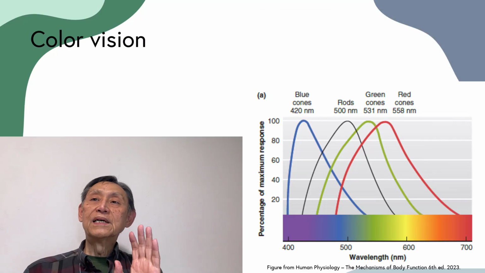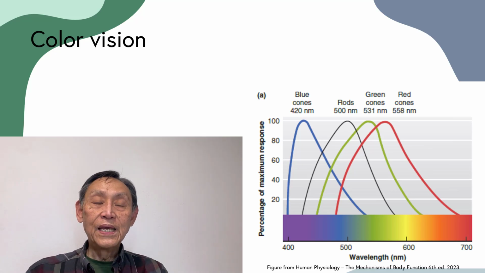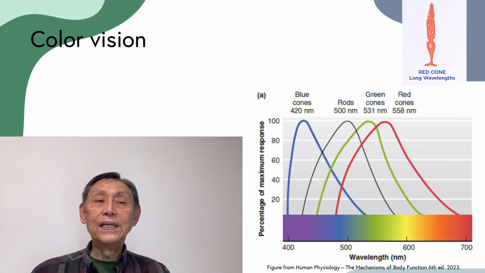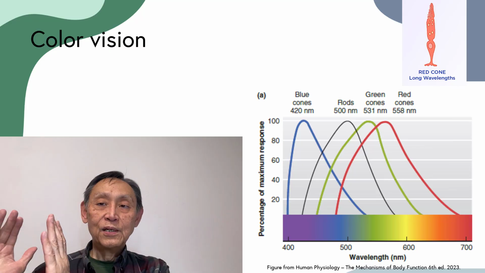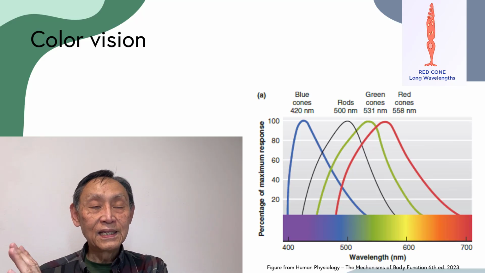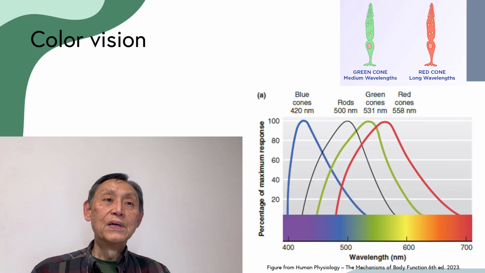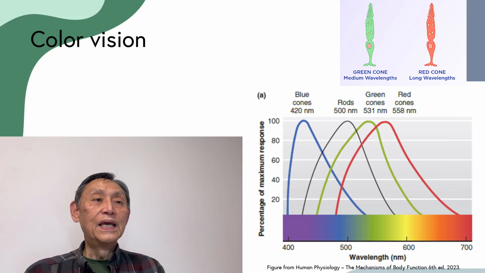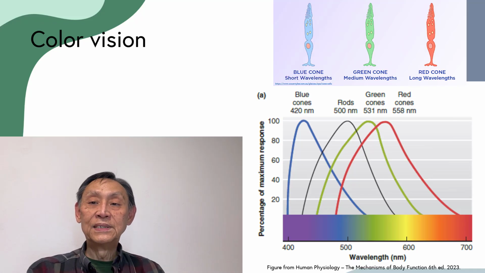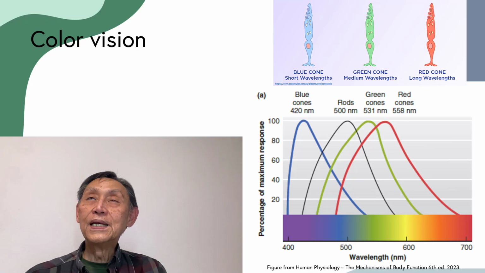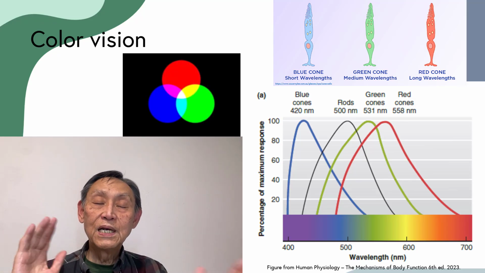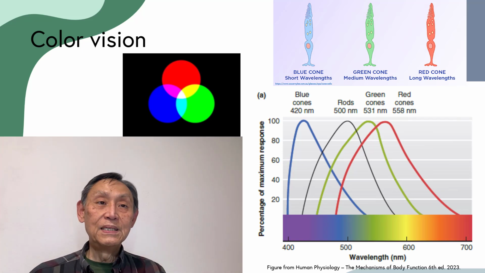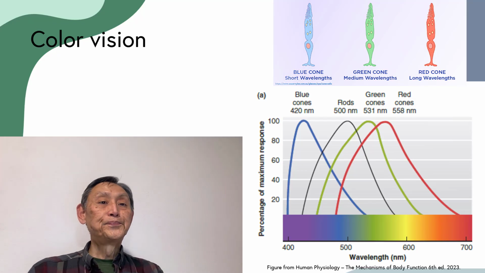And then the cone cells. There are three kinds of cone cells, and they all have their own sensitive region of wavelength. One is the red cone cells. They are sensitive to longer wavelengths, so they sense the color red. Then we have green cone cells, sensitive to the middle region of the wavelengths. And then we have blue cone cells, sensitive to shorter wavelengths. So in combination, with different cone cells being stimulated, we see all kinds of colors. We can see many different kinds of colors.